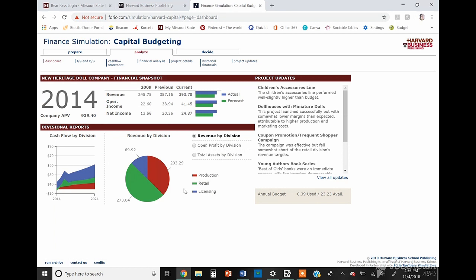I think it makes sense that I had the same number of retail projects as production projects because, as I mentioned, production and retail go hand in hand. So when you look at revenues, production and retail are pretty much equal. Licensing has less, and also when you look at assets, production is equal to retail, with licensing being the least. But when you look at the operations profits, licensing is 50% of that, whereas production and retail are far lower